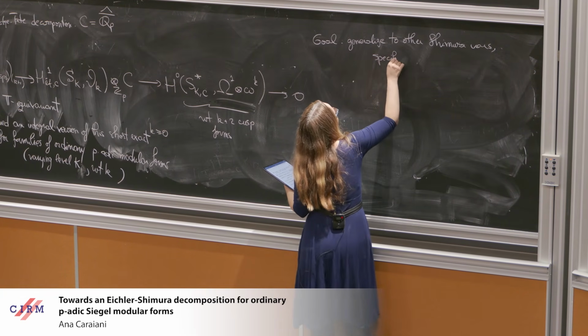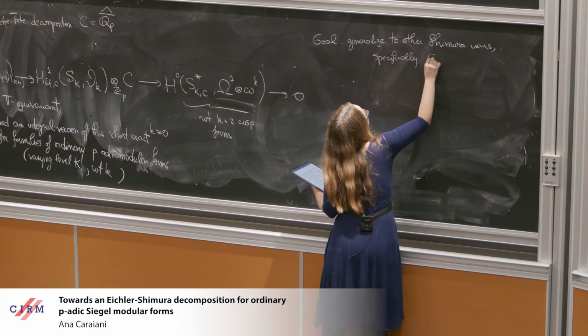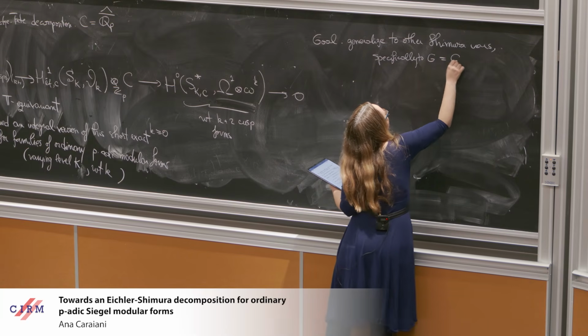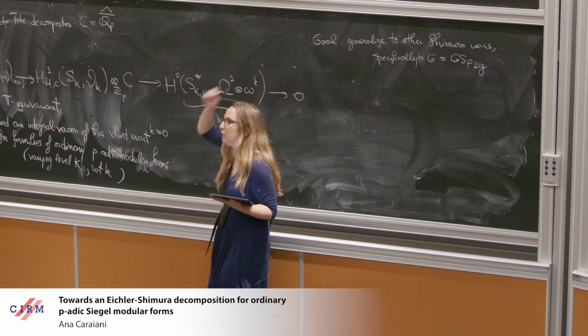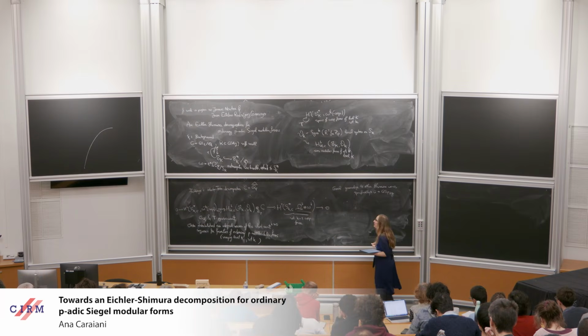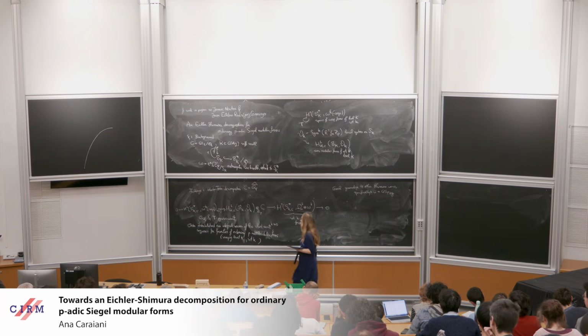So specifically, the case where the original group is GSp_{2g}, the corresponding Shimura varieties are Siegel modular varieties, and then we're looking at ordinary